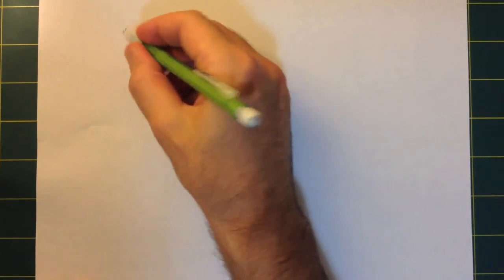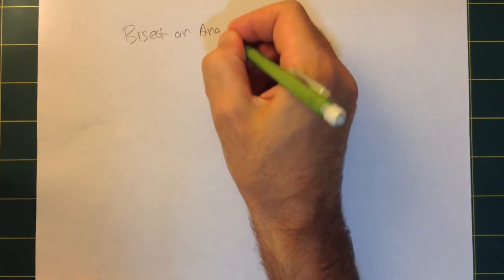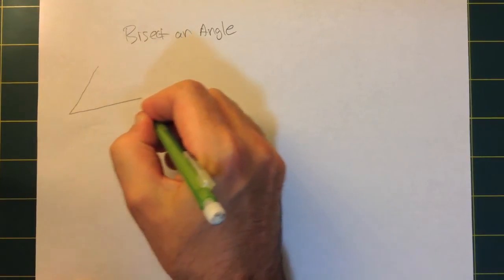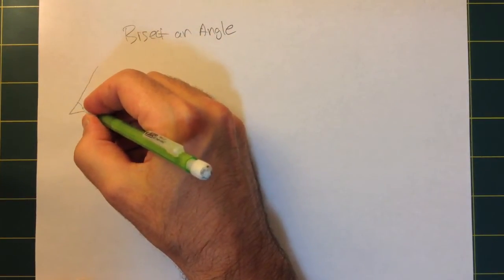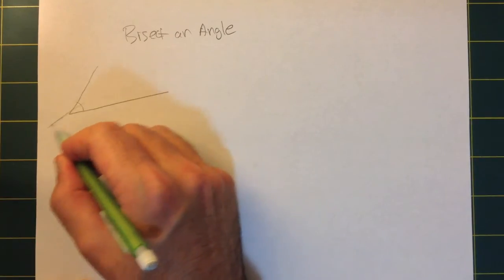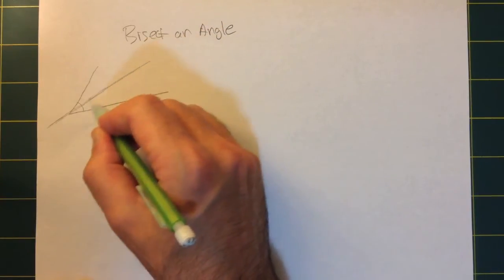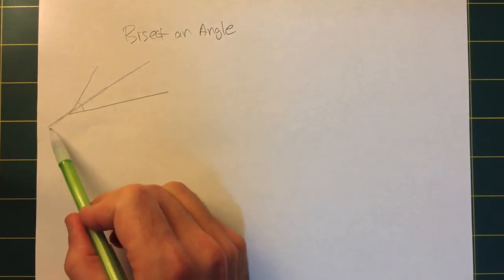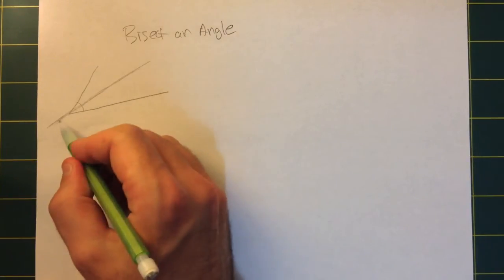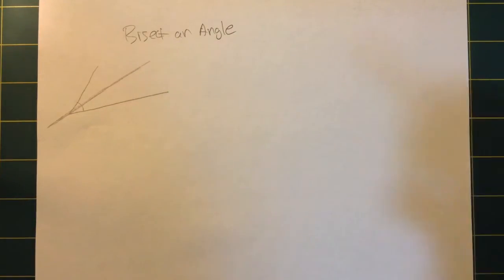All right, now let's bisect an angle. And here's how we can think about this. If we have some angle here, and we want to find the segment that passes through and cuts that angle in half, we know that we can think of it as going through the middle of the angle. And the reason it's useful to think about the middle is because when things are in the middle, they are